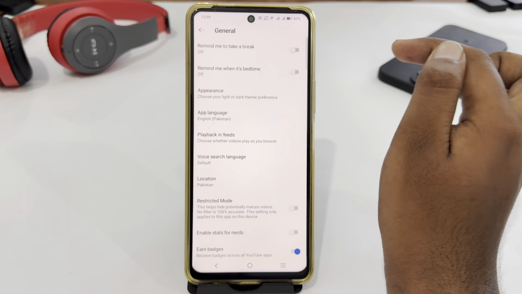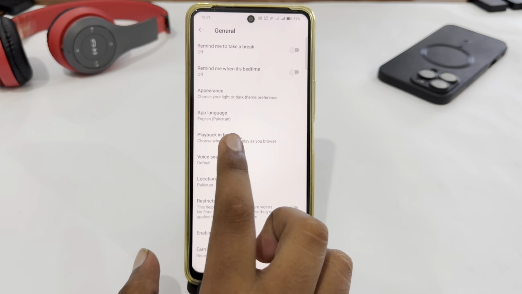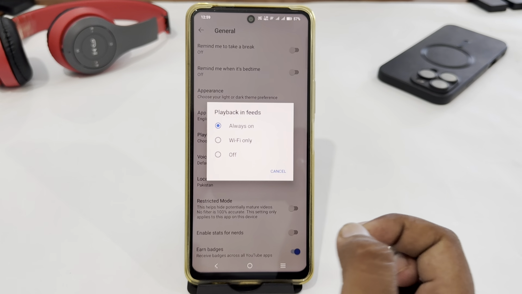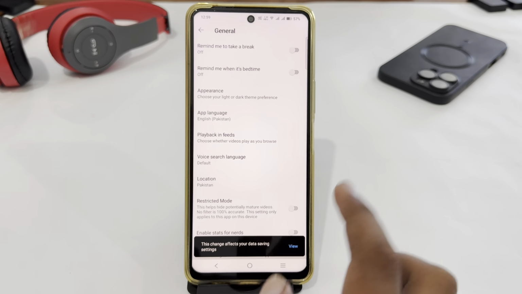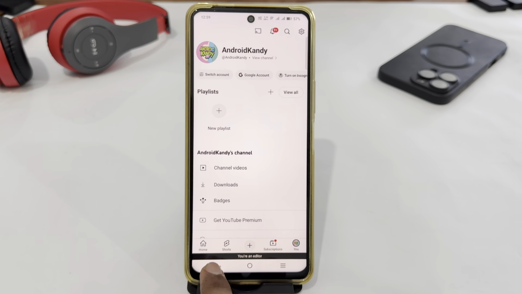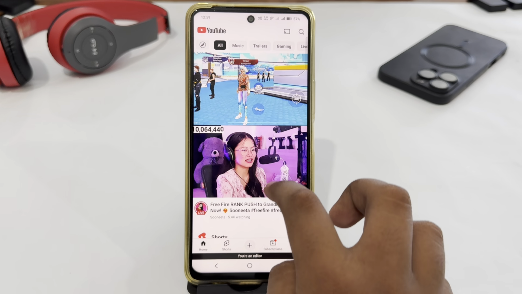Tap on it. In general, you have the option of playback in feeds. Just select it, and here you have to turn off the settings. Then tap on view, and after that just go back and go to home, and here you have to look